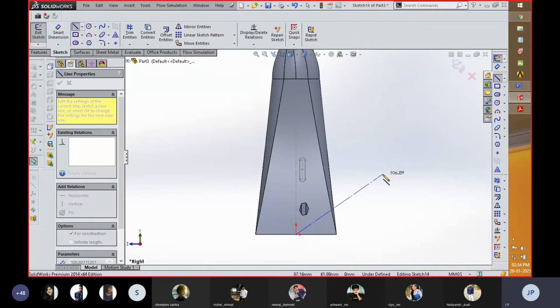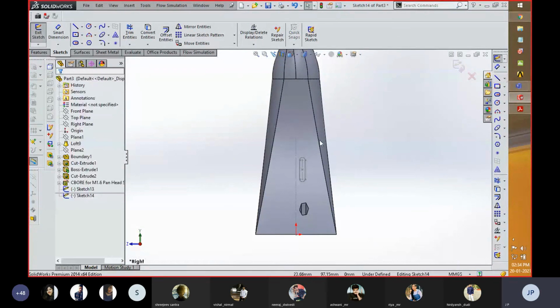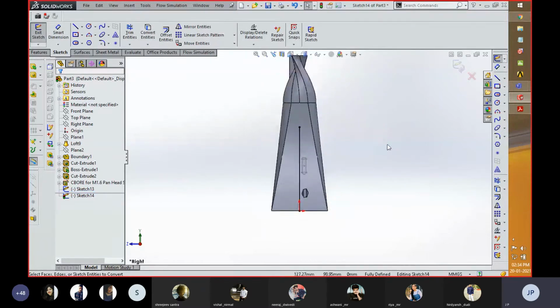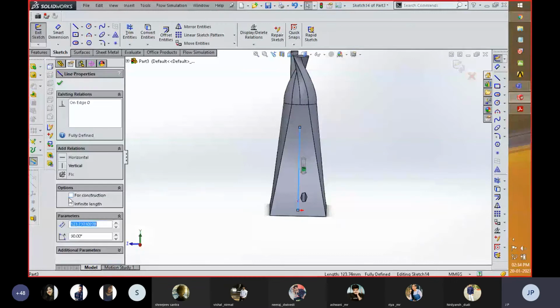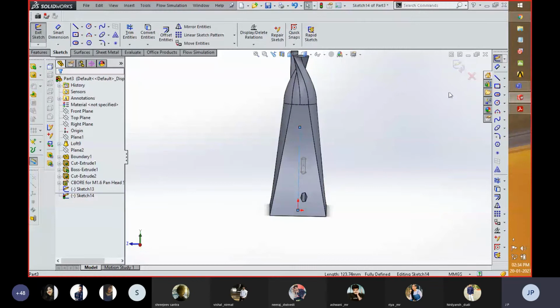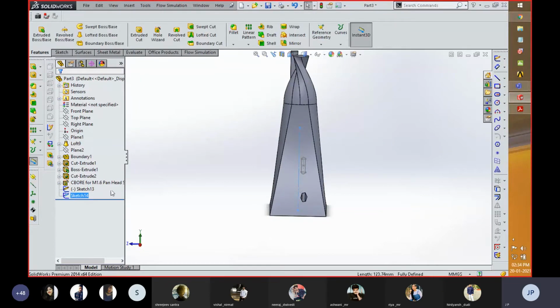Again, I'm going to create a sketch, then center line. Or you can also do one more thing: you can use the convert entities tool. By clicking on this center line, you can click on convert entities. So whatever profile view was created on that part, that copies in this. But over here you can see that this is a line which is created, and we need it for construction purposes only, because there is no need to combine these two components in the same manner.